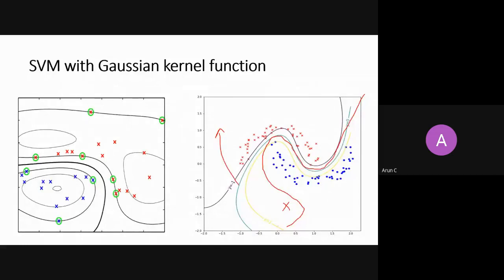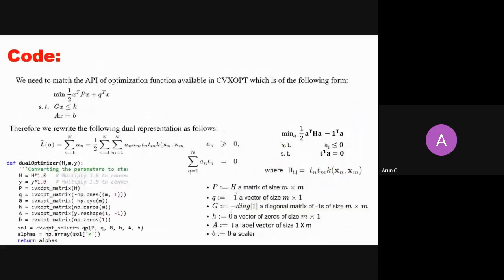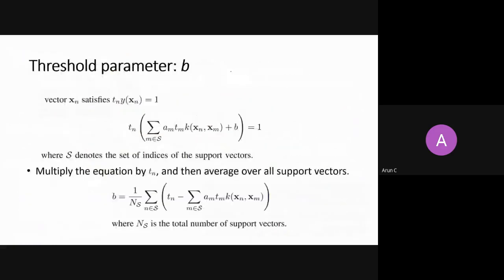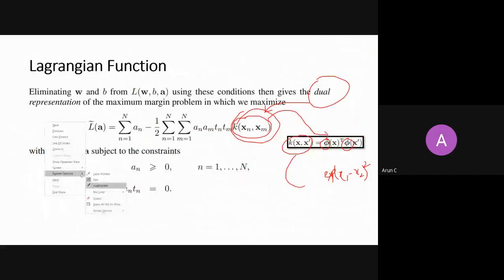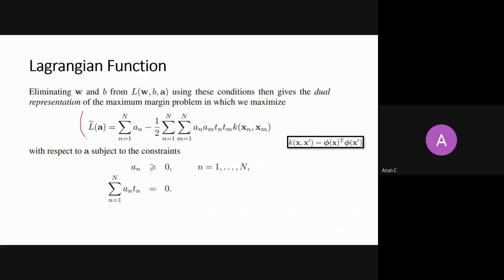So I will quickly go into how to accommodate that error, and there are some quick changes in the cost function. But before that, I want to help you implement this thing. So far, just to connect you, I told you up to here how to construct the cost function. This is a dual representation with some constraints, and you need to optimize this cost function, and you will get the value of alpha.